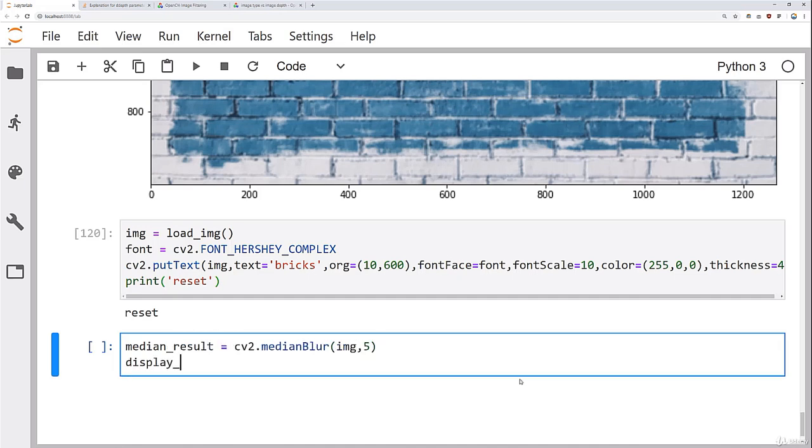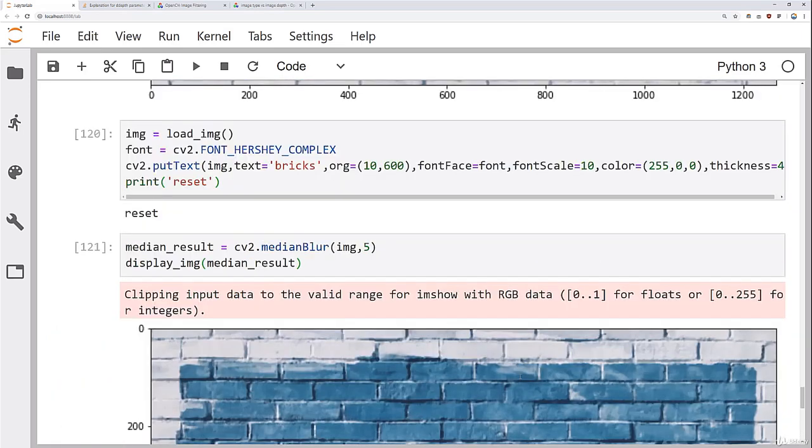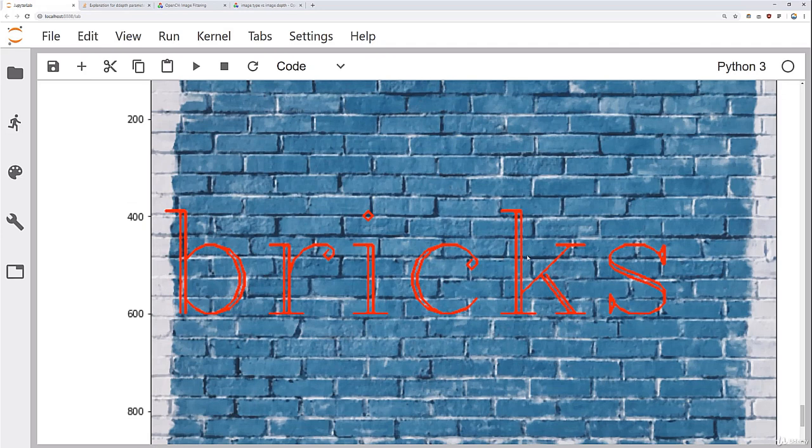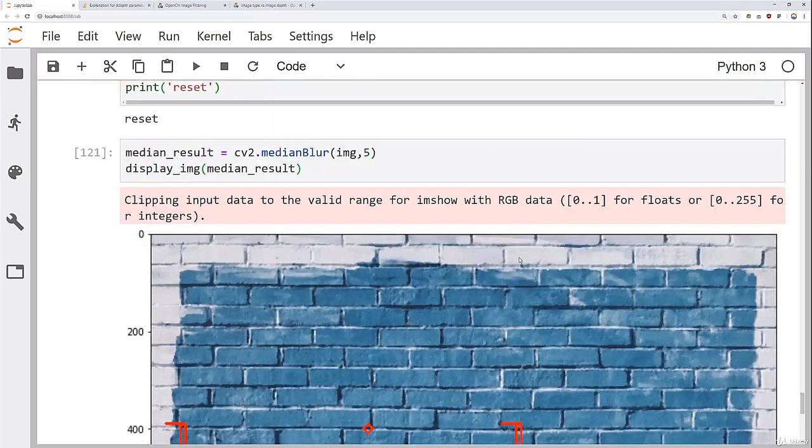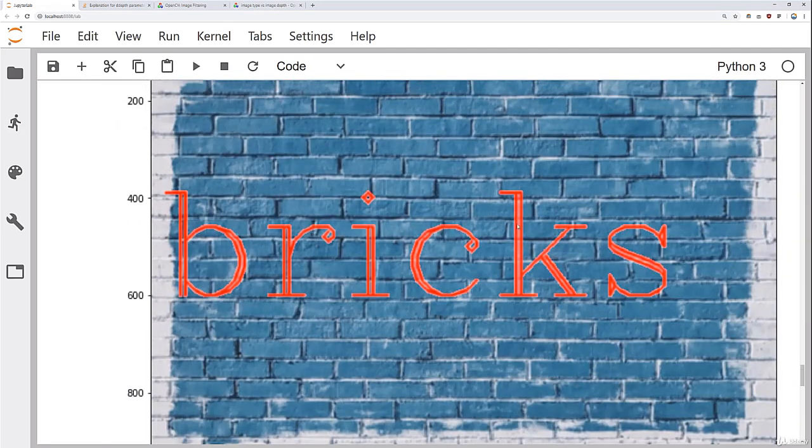So we'll say display image, and median result, run that, and there we have that sort of blurring. This one is really interesting because you'll notice that the foreground here of this text doesn't actually appear to be as blurred in the middle of these lines as before. So if we come back up here, we definitely see that pink hue coming into play,